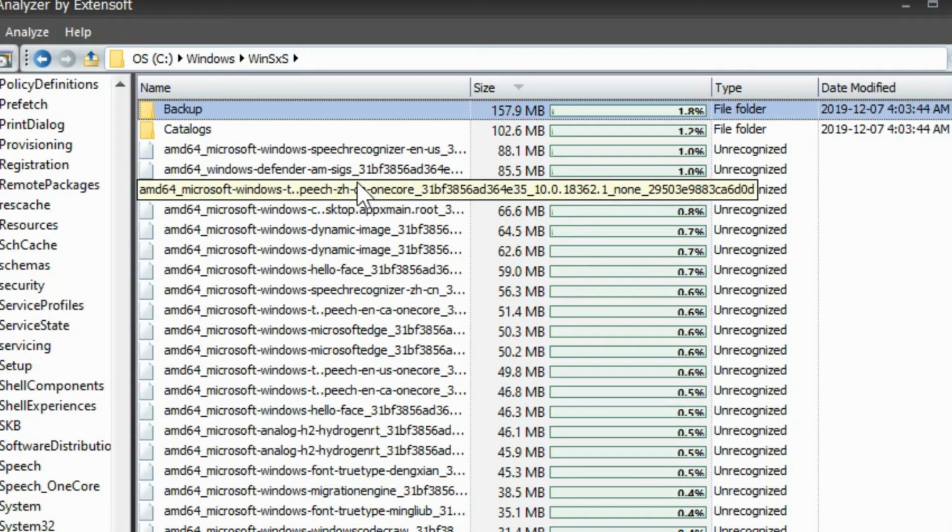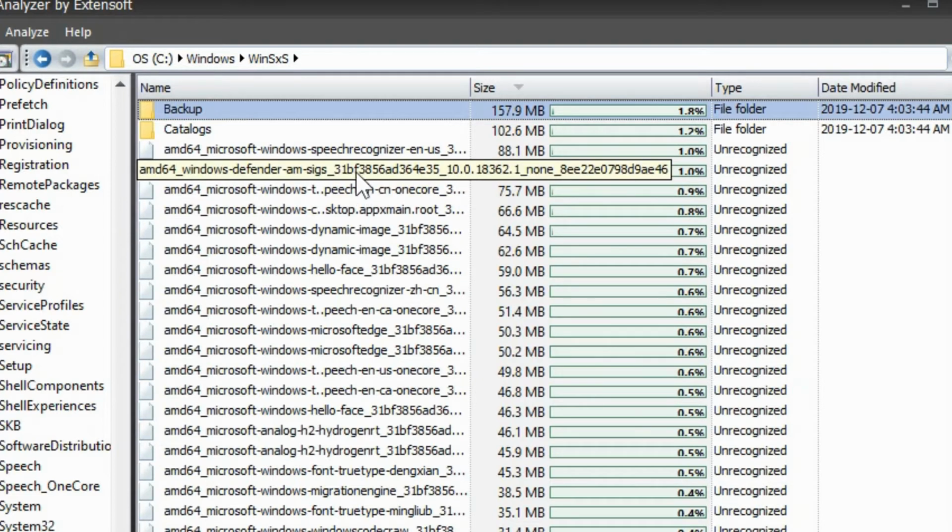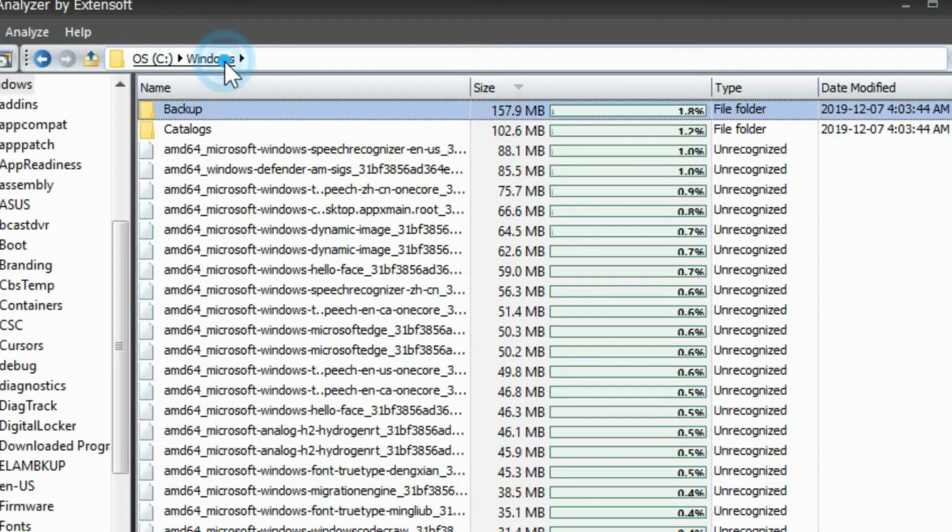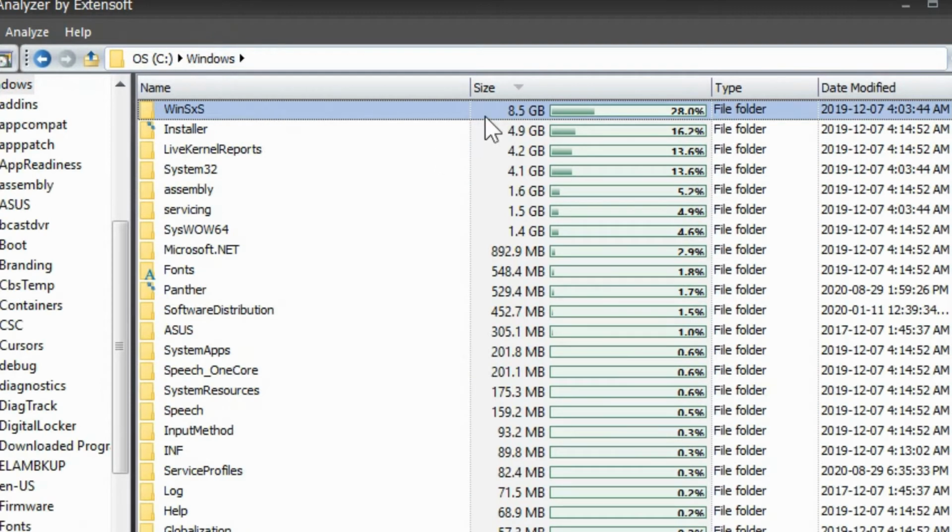So this problem is actually just a combination of a whole bunch of files. We can't just find one big file that needs to be removed, and we don't want to remove the entire thing. And this in itself really is not a lot in the grand scheme of things.